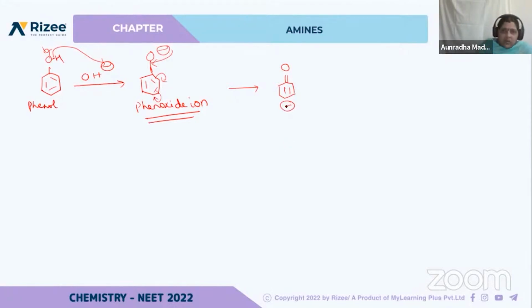Now at this carbon, coupling is going to happen with what? The diazonium salt. To satisfy the positive charge, this bond is going to break, and this one approaches this nitrogen,